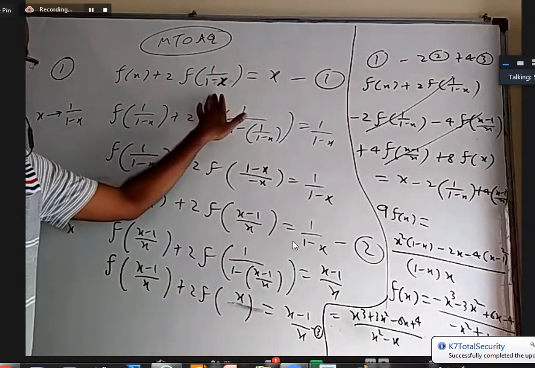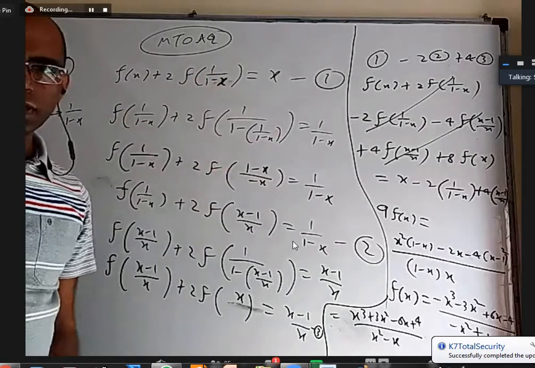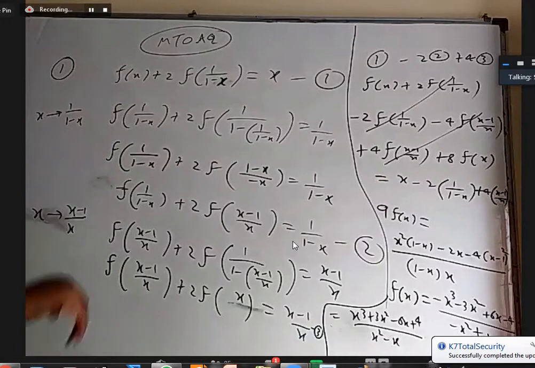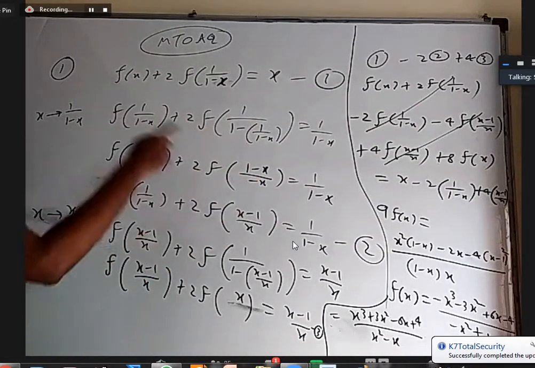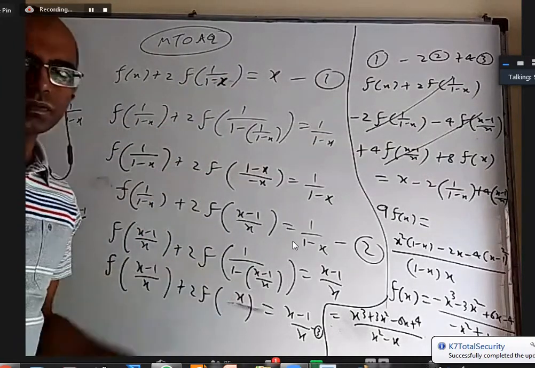Okay. So earlier, I think in mains numerical questions, we have seen one question where here x is there, here 1 by x is there. We replaced x with 1 by x and then eliminated f of 1 by x and we got f of x. That was easy because in one step only it is gone. But here we replace x with this and then we got something else. Then we replace x with that, then we got f of x back. Then we try to eliminate what we don't want from the three equations.